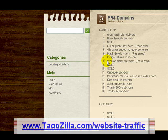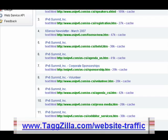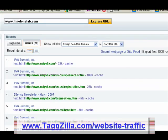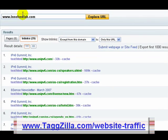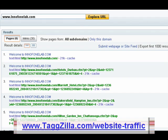Now I'm going to grab this inophonelab.com, copy that, and I'm going to go over here to Yahoo Site Explorer. You can see that right here, siteexplorer.search.yahoo.com. You can just do a Google or Yahoo search for Yahoo Site Explorer and it'll find it. Then I'm going to type in the domain or paste it in with the www, and then I'm going to click Explore URL. Again, this is free,